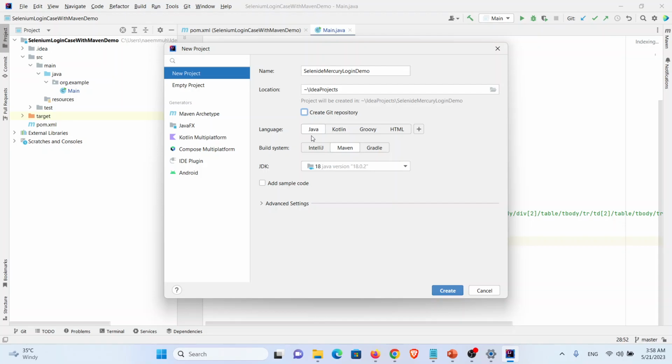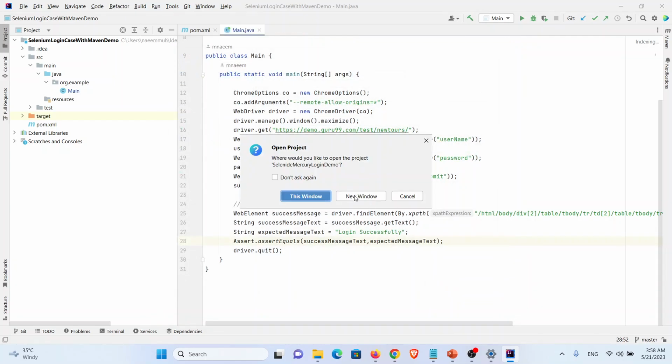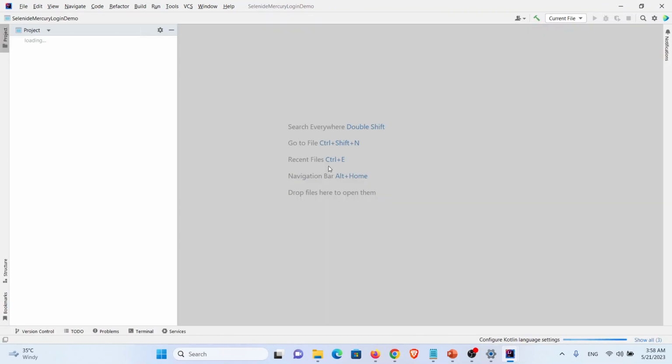So I have selected the language Java and build system Maven, and now I will press create. I will use a new window so that I can compare the Selenium program and the new program which we will create